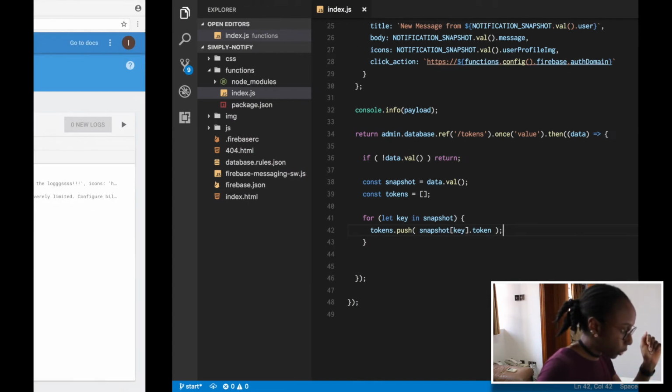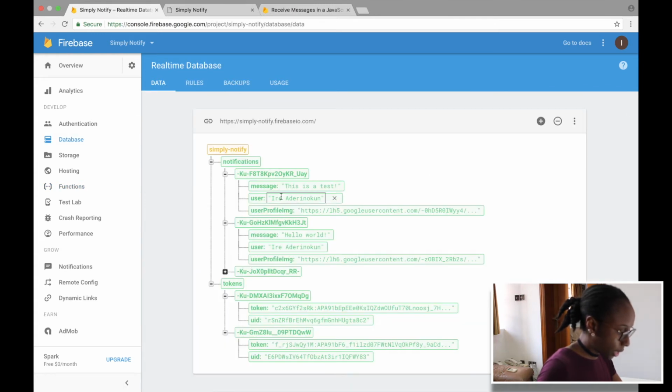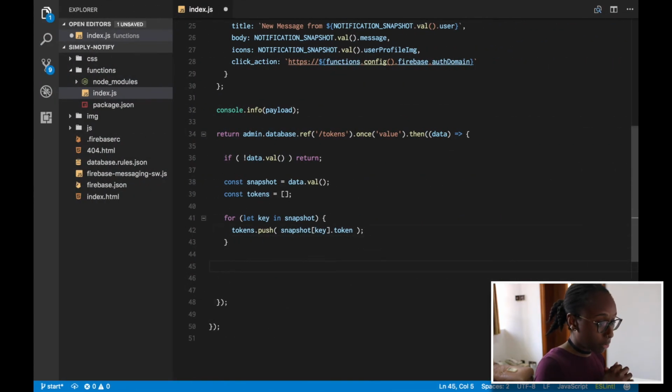We want the token. So if we go back to our database, you can see that we have token and UID. So this is the snapshot, and then this is token. And sending the notification, all we have to do is pass the array of tokens which we've just generated here, and then also pass the payload that we want to send. So let's go to return